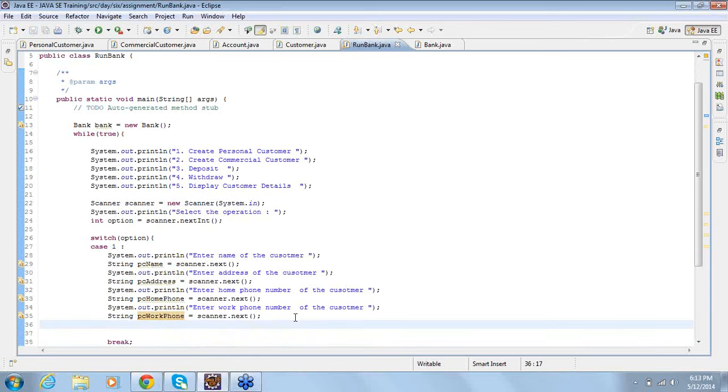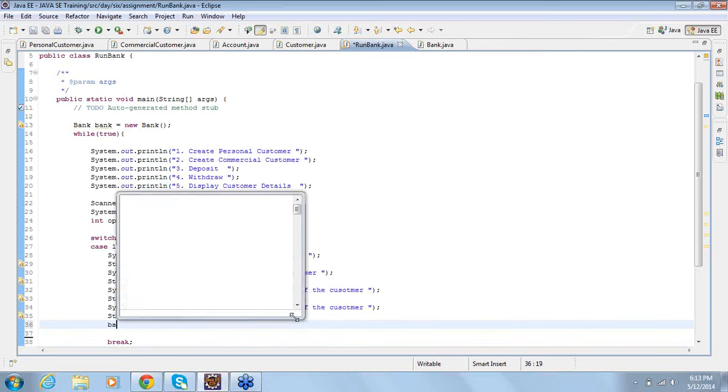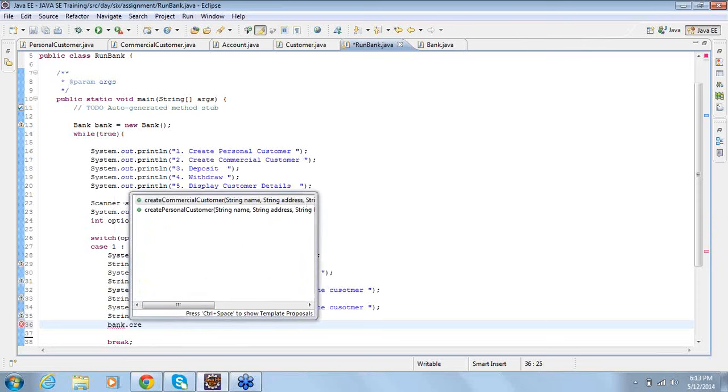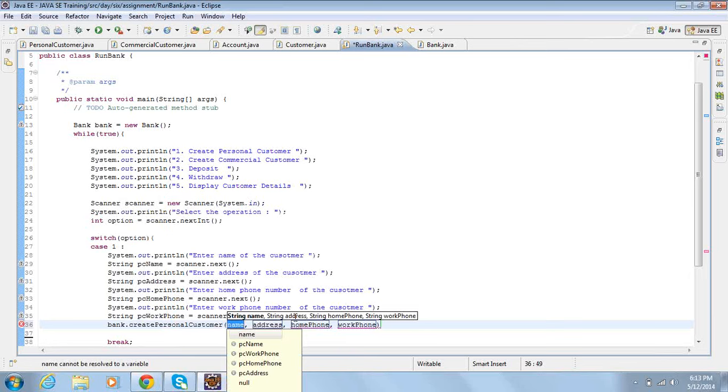And here I go. There is a bank program object. On that object I am calling create personal customer and I am passing all the arguments.